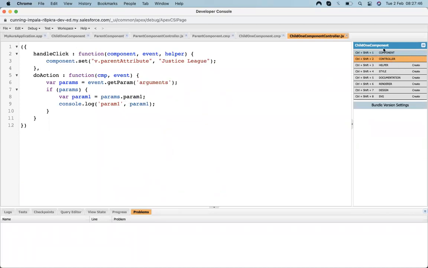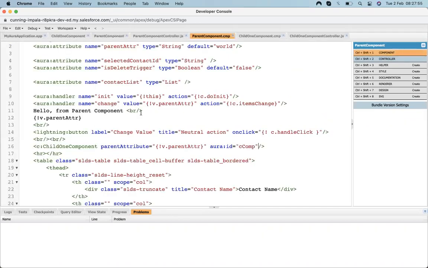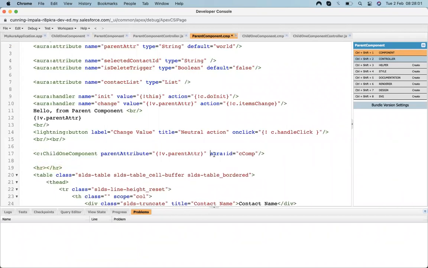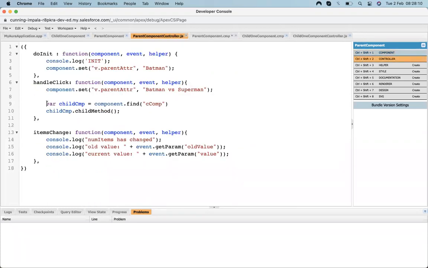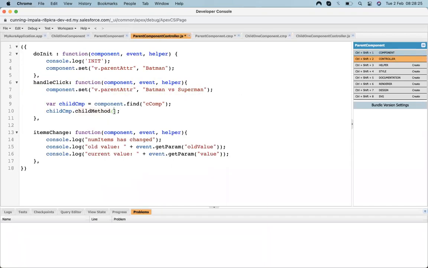Suppose it's getting from params. For calling that method, we need to do some extra things inside the parent. First we need to give an ID to our child component, and then to call the child method, we need to find our child component first, and then call component dot child method, the same name which we provided up here. And suppose I need to pass some parameters. Let's pass test1,